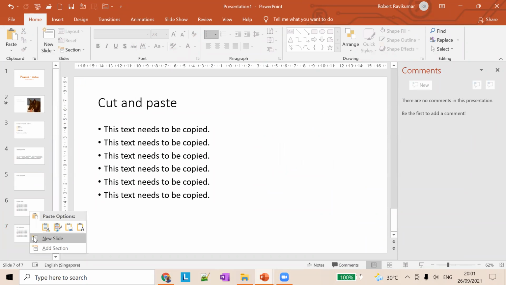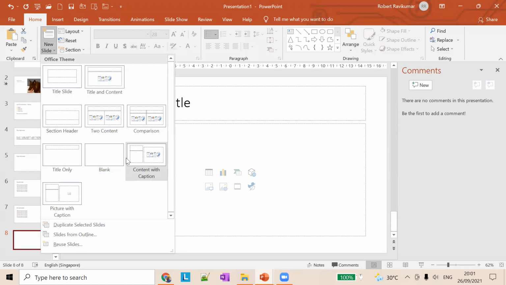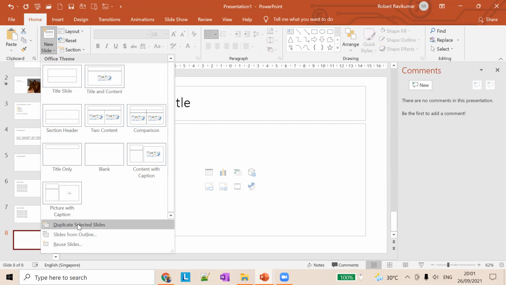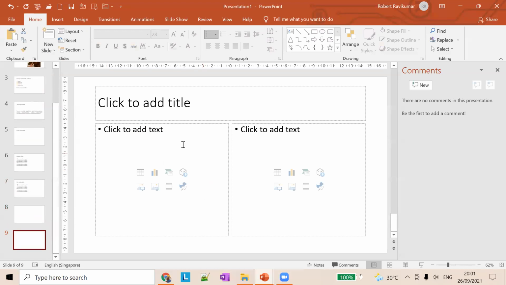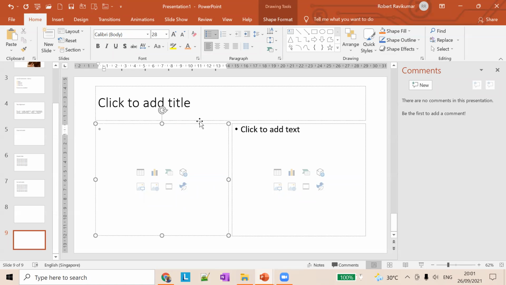So let me create a slide. Let's say I have some text here. There are two sections here.